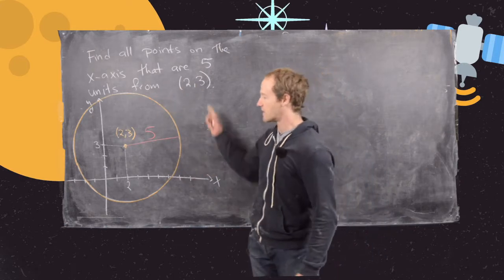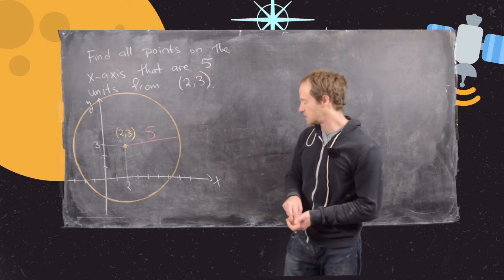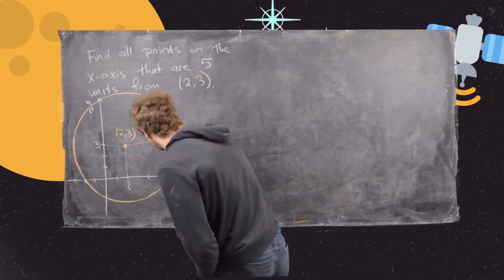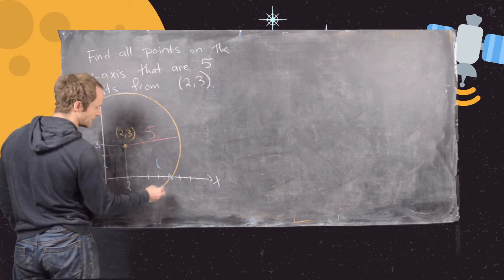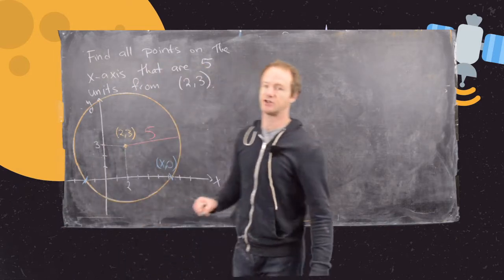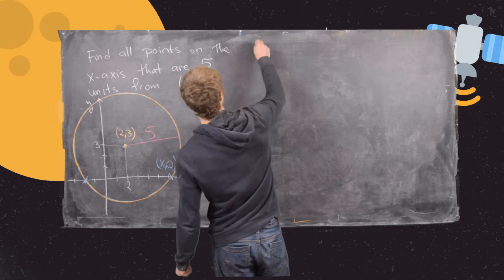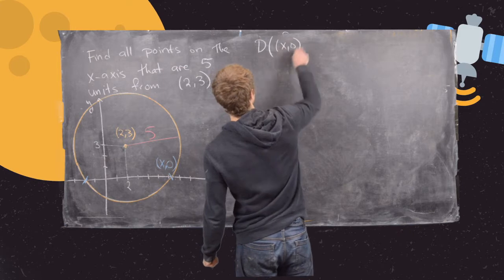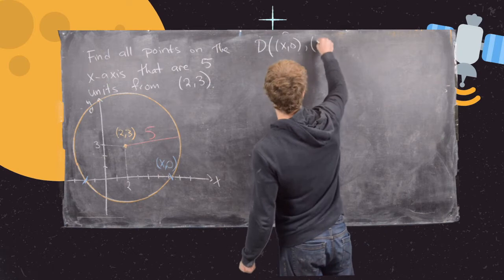So I've drawn a mock-up of the situation here. And so notice we expect this circle to cross the x-axis at 2 places. Maybe right here and then right over here. And we know those x-coordinates will be of the form (x, 0), because whenever you're on the x-axis, your y-coordinate is 0. So in fact, what this question is really asking is, when is the distance from (x, 0), in other words, a point on the x-axis, (2, 3),